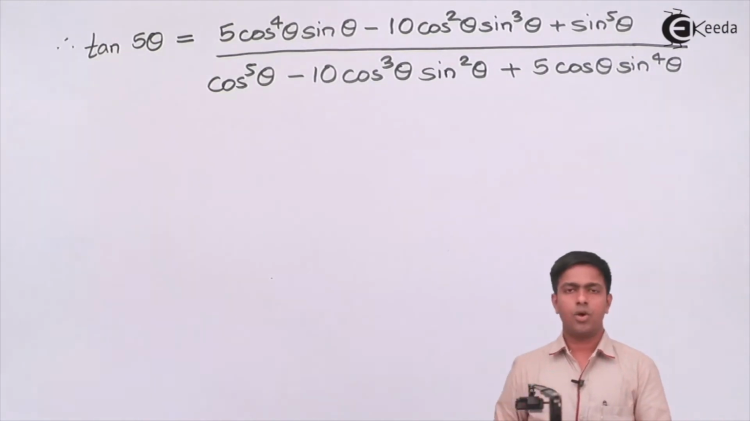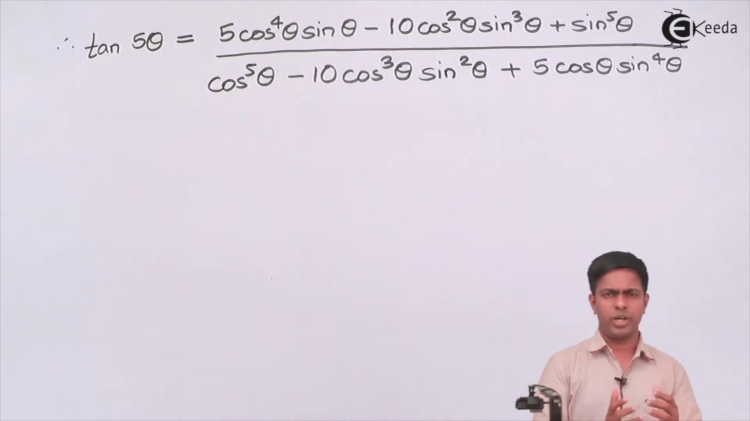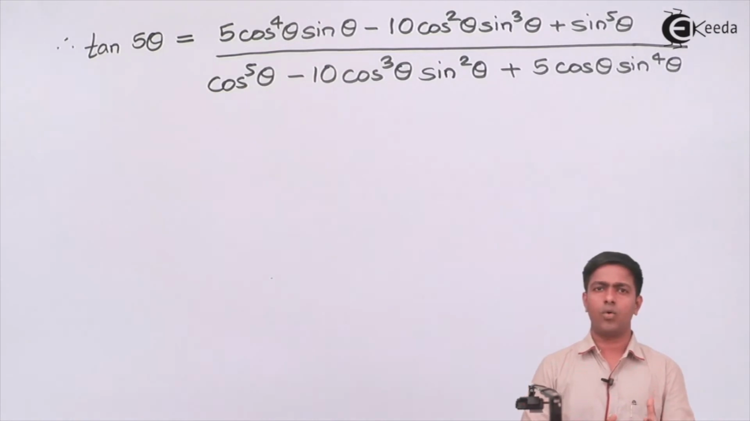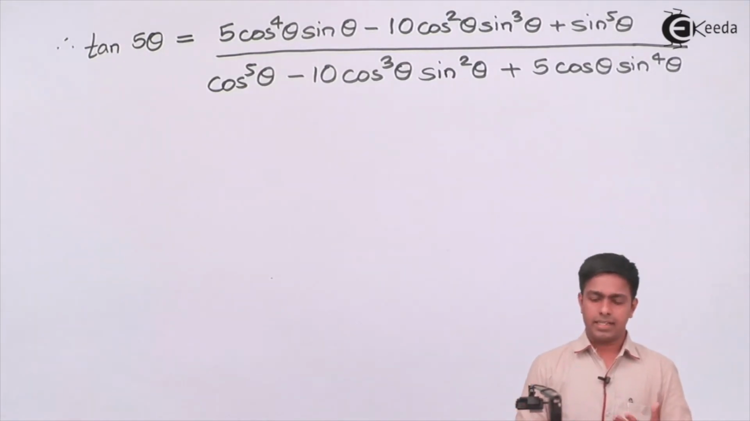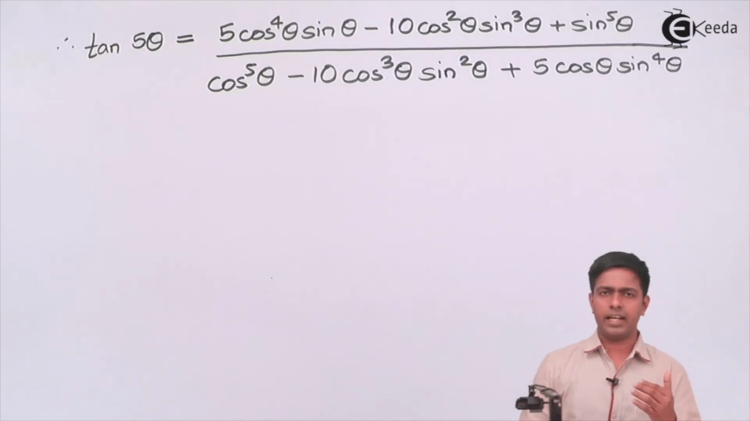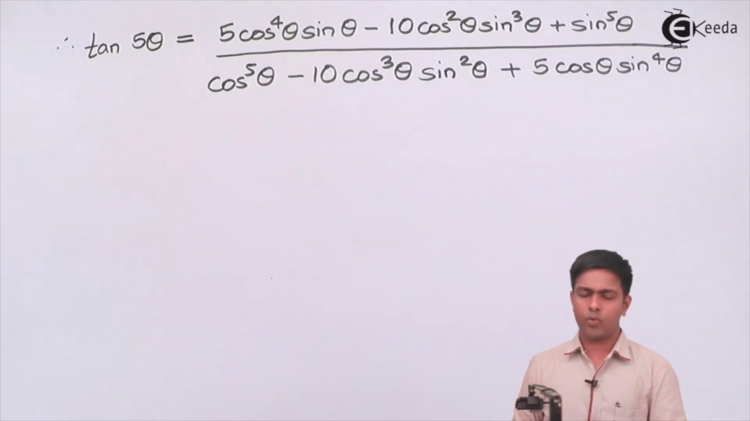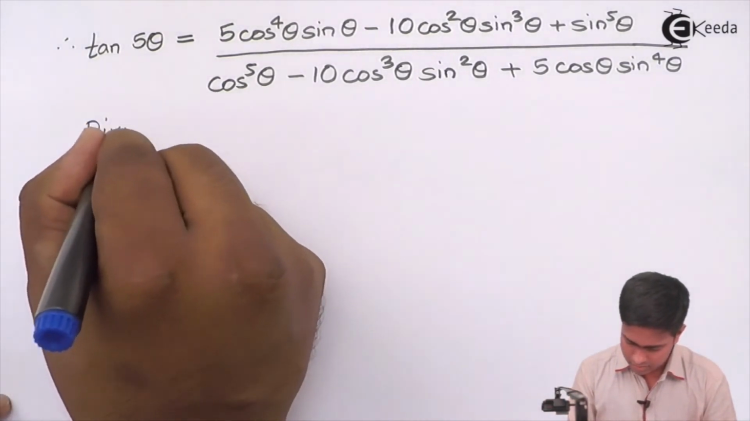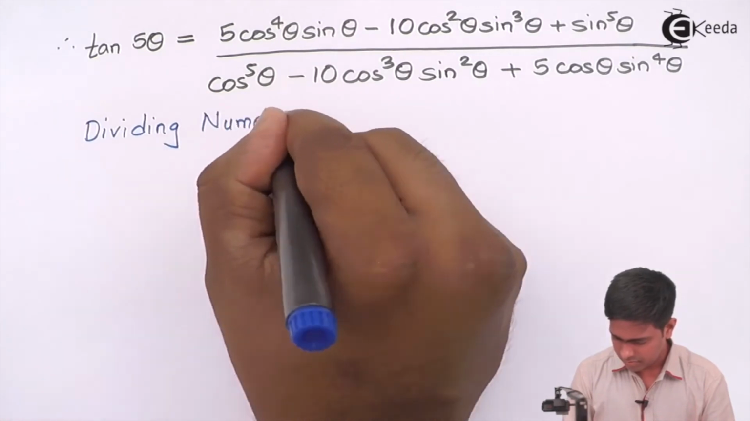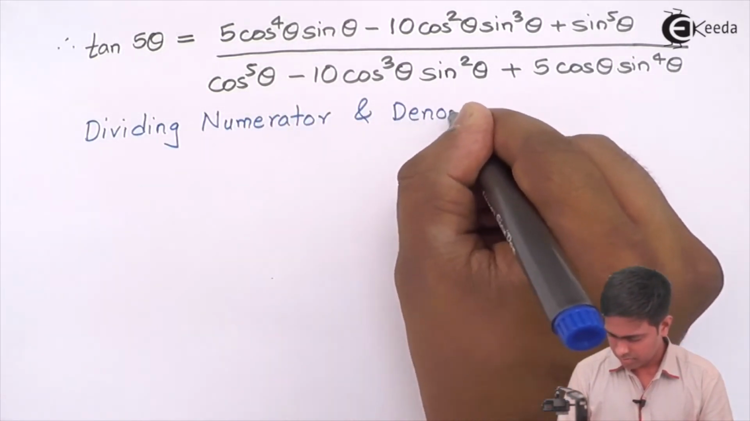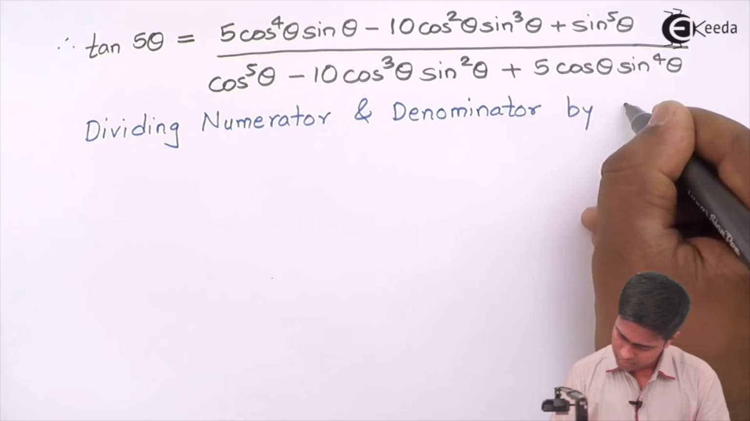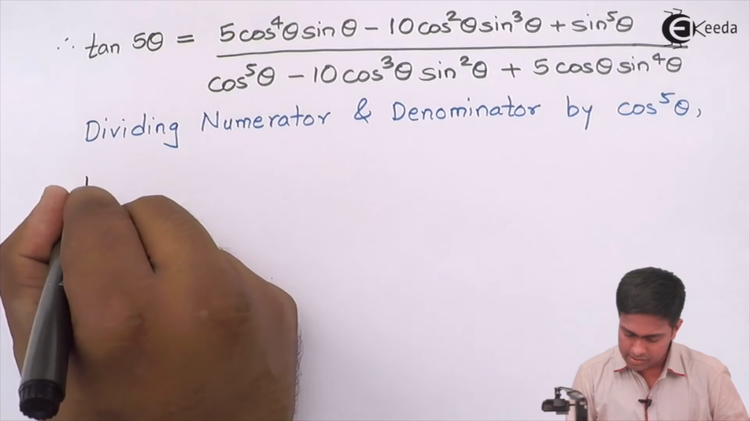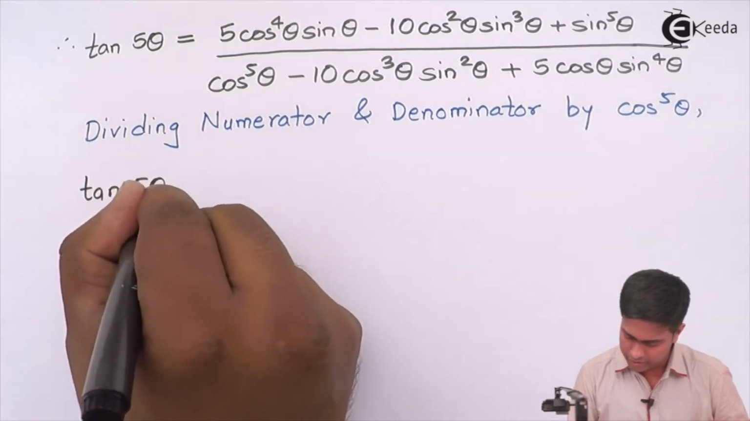But now the question is, what should that cos term be? Should it be cos theta or cos square theta or cos raised to 3 theta? What should it be? So let's see that. If I take that denominator as cos raised to 5 theta, then what will happen? So here I write down that statement. So by doing this, we will get tan of 5 theta equal to,